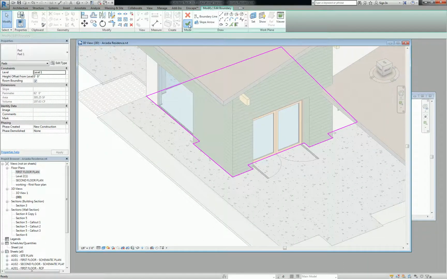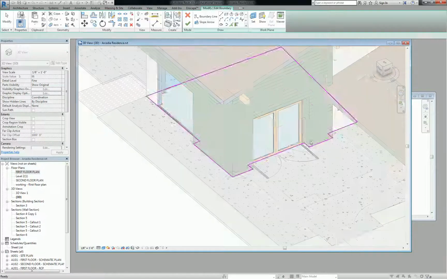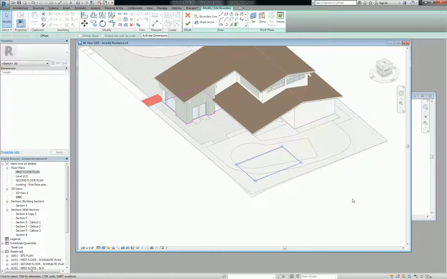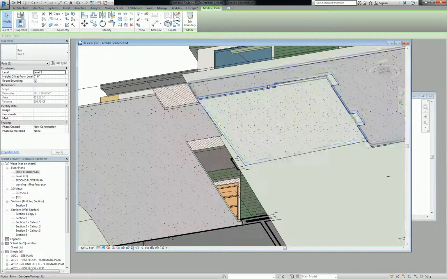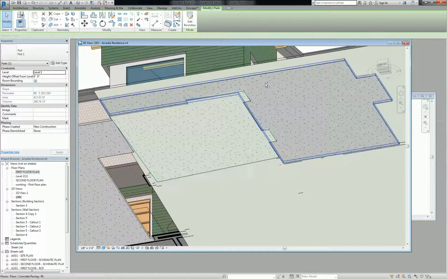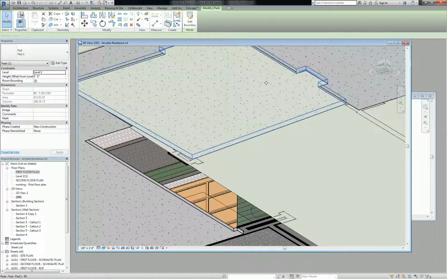Can't create a single one with several connected regions. Oh, okay. I need to get rid of this one. Okay, because the pad can have separate parts. So what you can see this is doing is the pad underneath the building is actually sticking down below